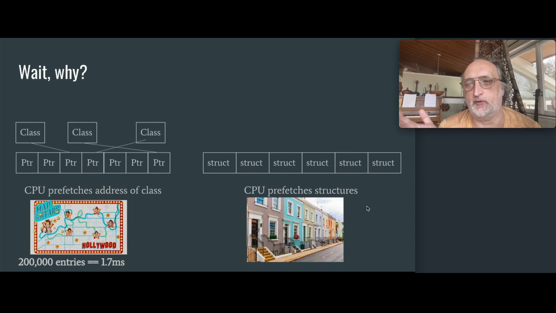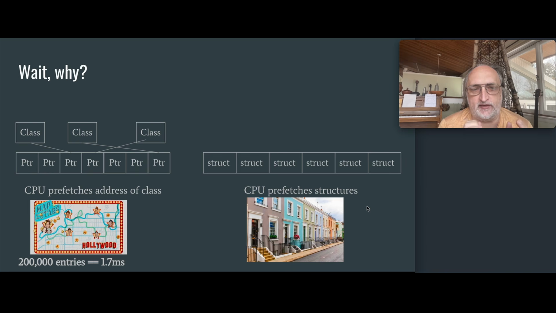Well, it has to do with the way a CPU attempts to read memory. When you say, hey, go get me this memory, it will assume that you need the memory right after it. It also will go ahead and grab certain chunk sizes. So when you are grabbing a list of classes,